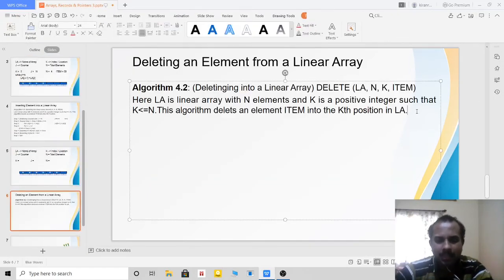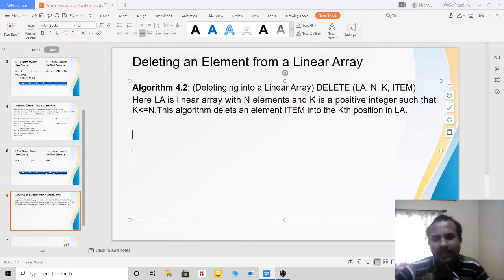I have already written the description. It is very simple. Deleting from the linear array. Delete LA, N, K, item. Here LA is a linear array with n elements, and K is a positive integer such that K is lesser than or equal to n. This algorithm deletes the element item at the kth position.